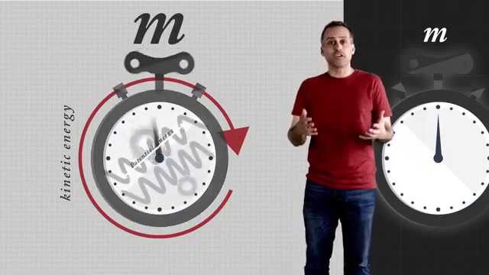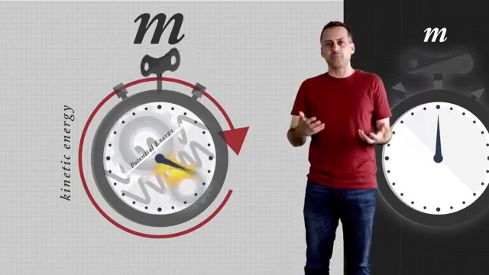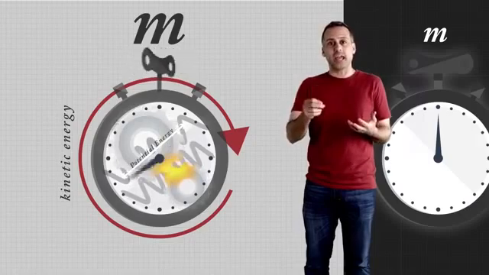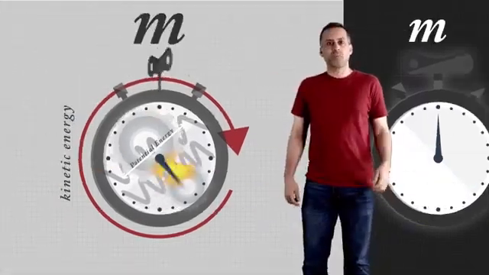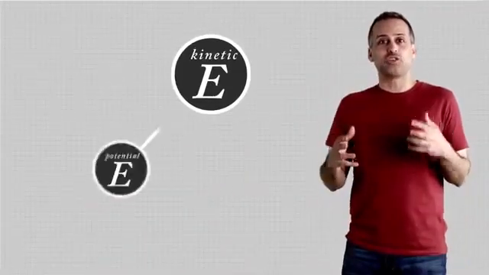And there's a little bit of friction between the moving parts of that watch that heats them up ever so slightly so that its atoms start jiggling a little bit. That's thermal energy, or equivalently, randomized kinetic energy on a more microscopic level. Okay, got it? Now, what m equals E over c² says is that all that kinetic energy and potential energy